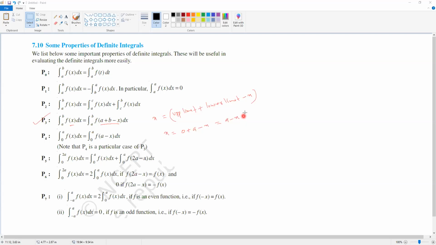Okay, so you can go through the proof if you want. So that's the fifth property. Just to understand the meaning,